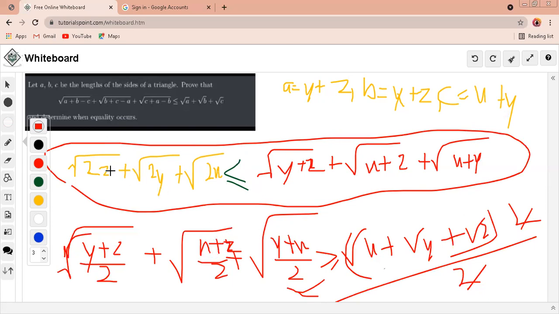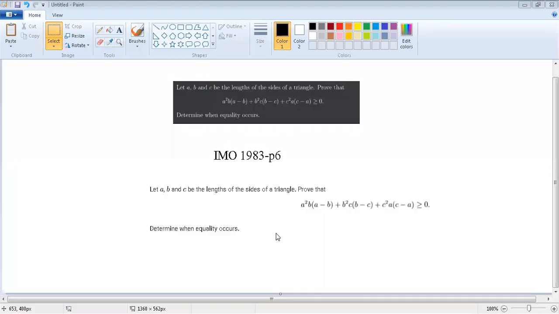Now I want you all to do a similar problem yourself. Let me share the problem with you all. So here is the problem. Now this is an international mathematical olympiad problem. This was the sixth problem of the 1983. You can see this. I have both white formats and black formats. With the length of side of a triangle, prove that